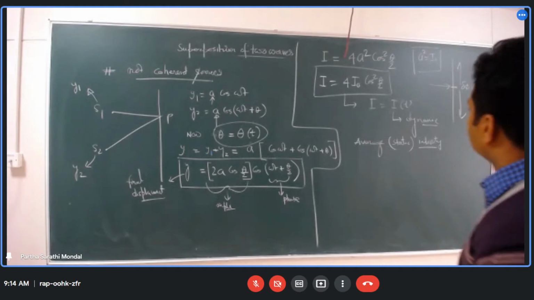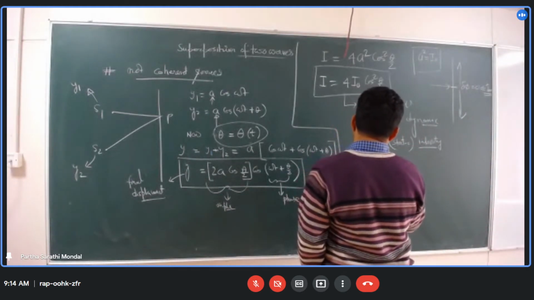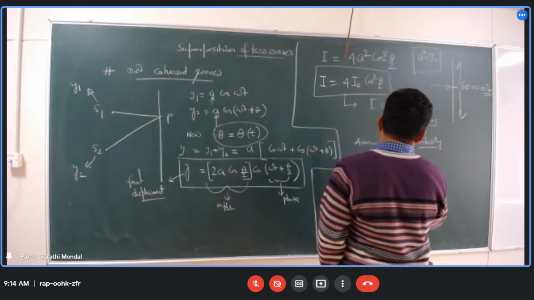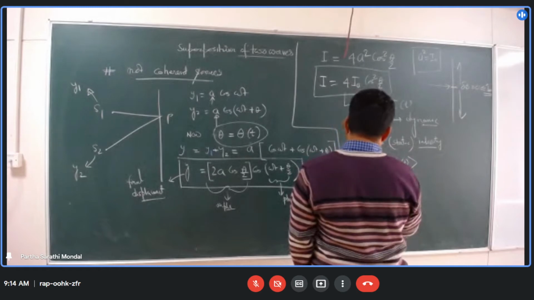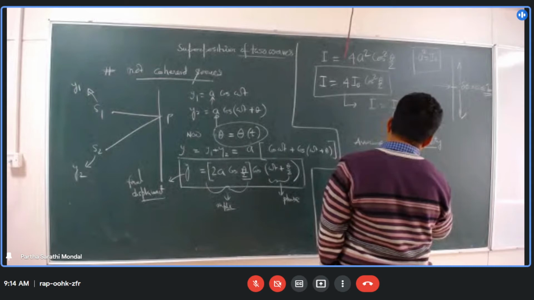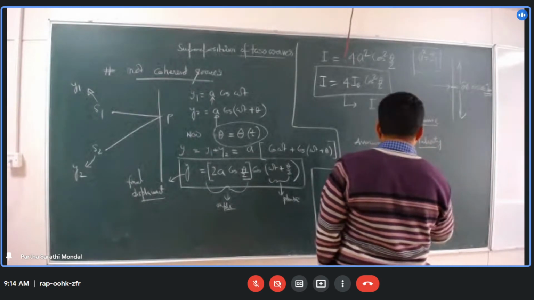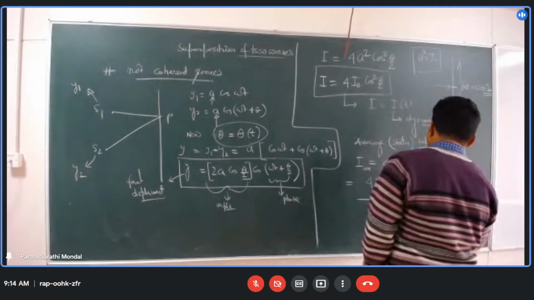Now that means we have to take average, which is actually IT. So that means ये तो 4I0 तो कांस्टेंट है, बाहर आ जाएगा, तो cos स्क्वायर थीटा बाय 2 का आपको लेना पड़ेगा टाइम एवरेज लेना पड़ेगा आपको।